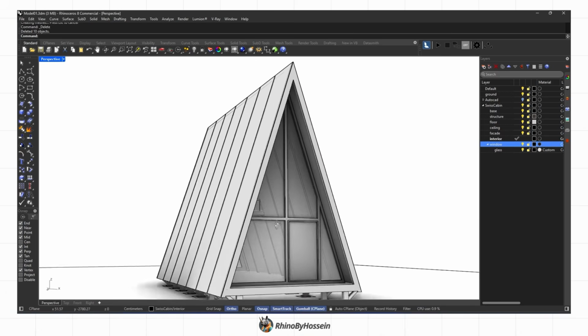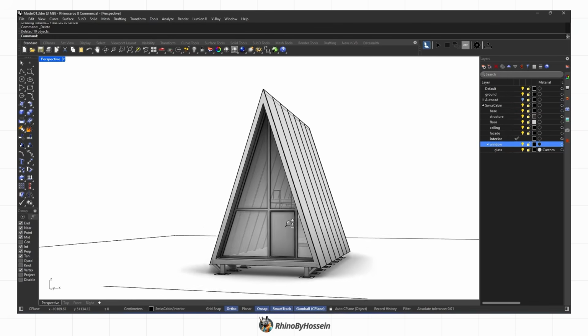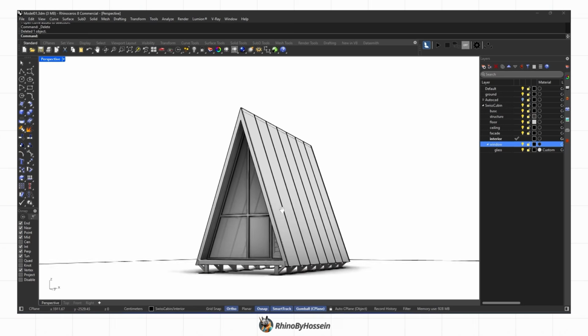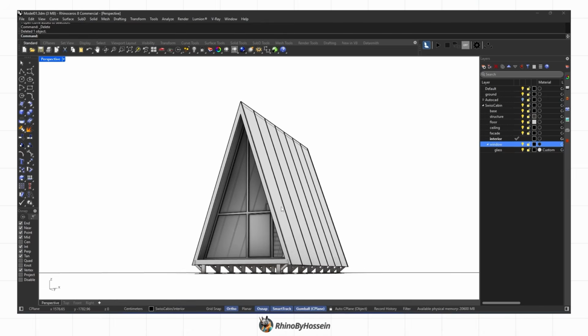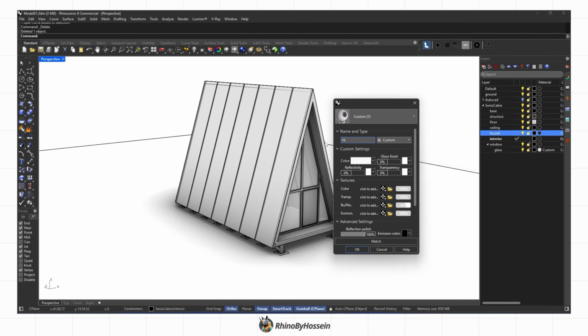We've completely modelled an A-shaped tiny house, also known as the Swiss design. As you can see, to give the model a more appealing and attractive look, I've added some materials to make it more visually interesting. If you have any questions about material application in Rhino or want to learn more about